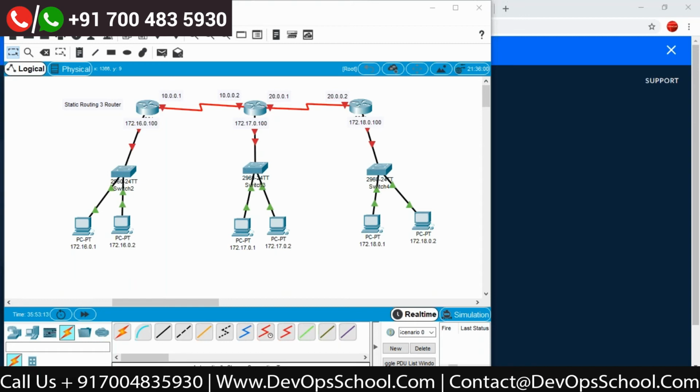Correct? Now if I would like to create static routing for more than